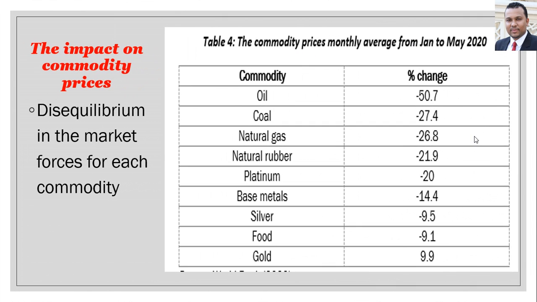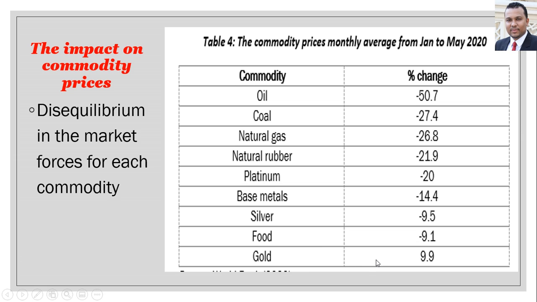The second, the impact on commodity prices. Generally, any pandemic or any crisis creates disequilibrium in the market between demand and supply. Maybe excess demand, maybe excess supply. So, due to this disequilibrium, maybe there is a decrease in prices. For example, oil decreased by negative 50% from month number 1, January, to May in this year 2020. Coal, natural gas, and so on, all had negative prices